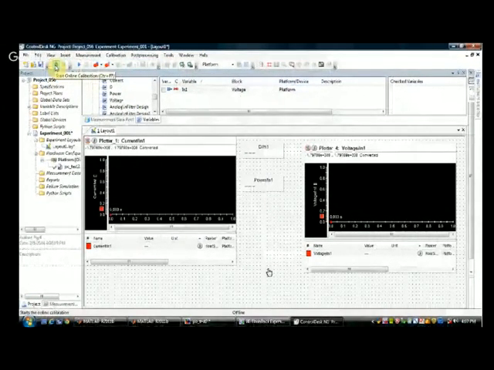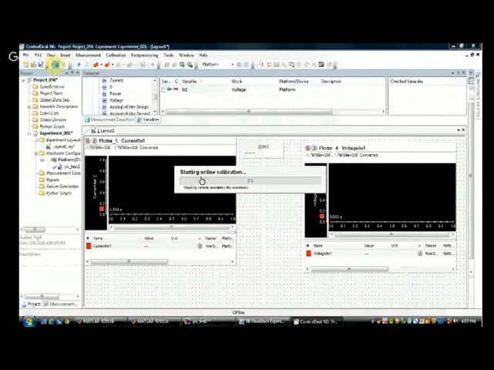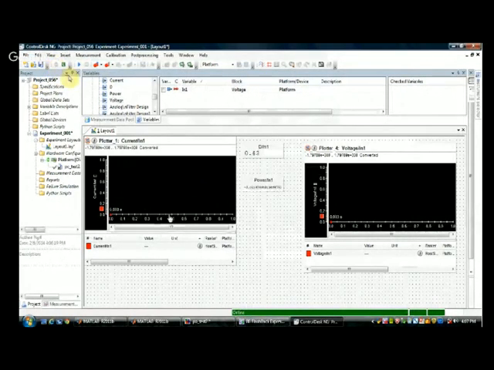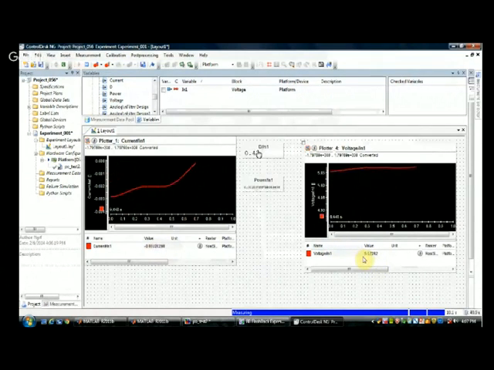Okay, so now you can just see we will start online calibration. So it is starting the online calibration. It will first calibrate, so some values will come here. So you can see here it is changing, but it is not the accurate one. So once you start measurement, the original values will start coming. So now start measurement. So you can see here this is a real time value. Okay, the real time value from the PV, that you can see here. The duty cycle is also changing here. The power is also there.